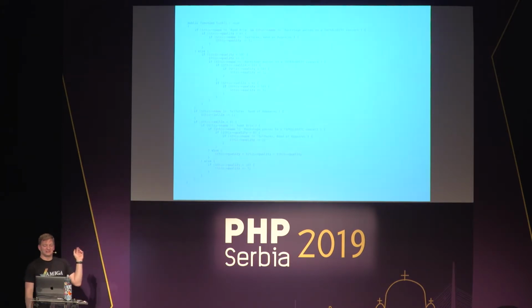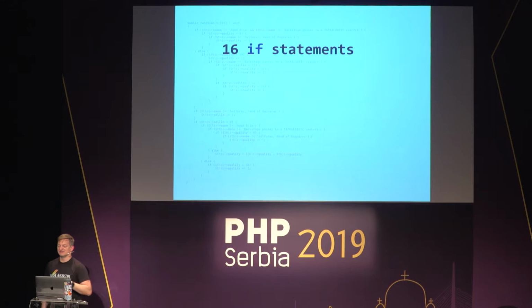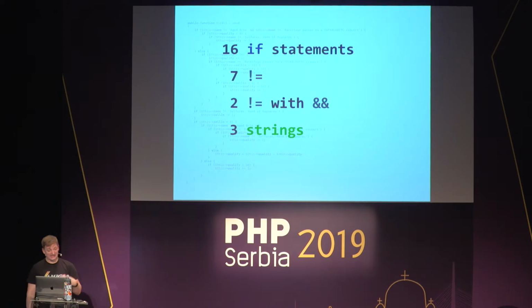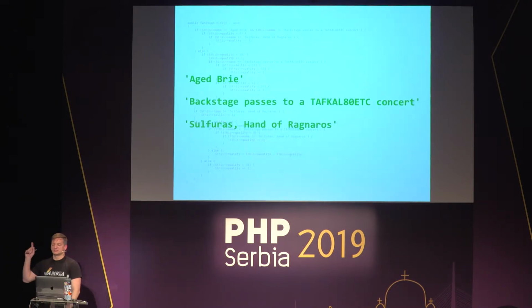This code actually has 16 if statements, 7 not equals, 2 not equals and functionality, 3 magic strings, and a lot of numbers. The magic strings we are talking about are Aged Brie, Backstage passes to whatnot, and Sulfuras, Hand of Ragnaros. And